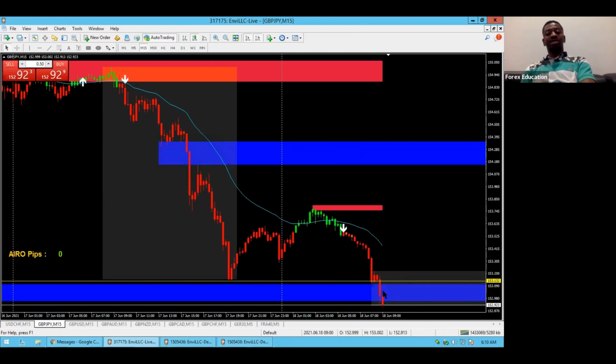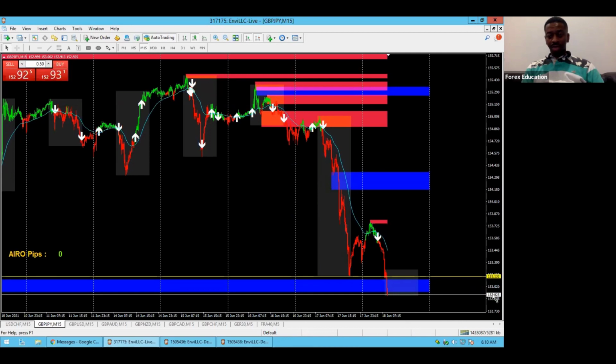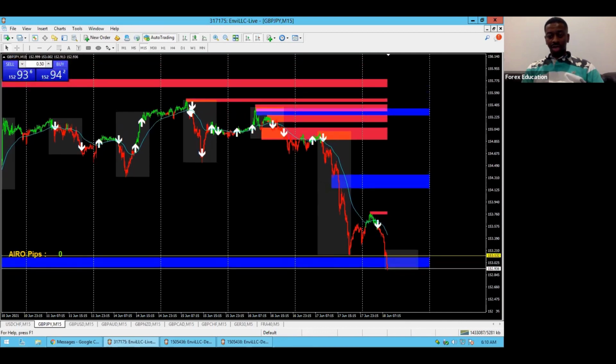So if I do take a sale, price is gonna have to come underneath this order block like it is now, come back, retest it, and then give me bearish price action coming out of the order block for me to take a sale. And if it does that, man, I need to go figure out where the next order block is at or the next area because there's nothing below that. I was not expecting it to drop. I wanted it to bounce.